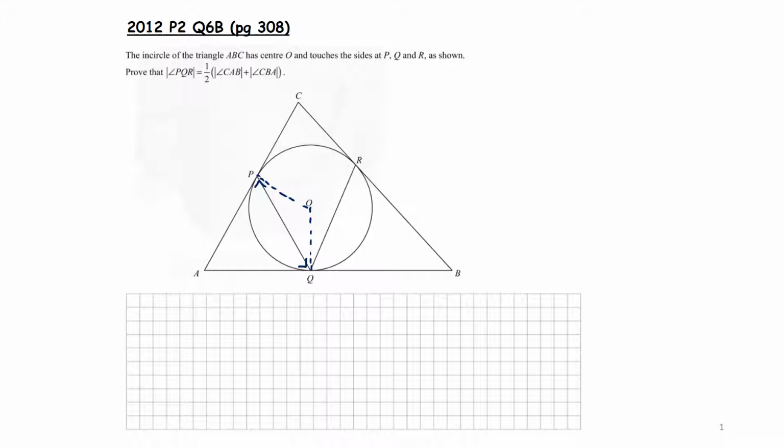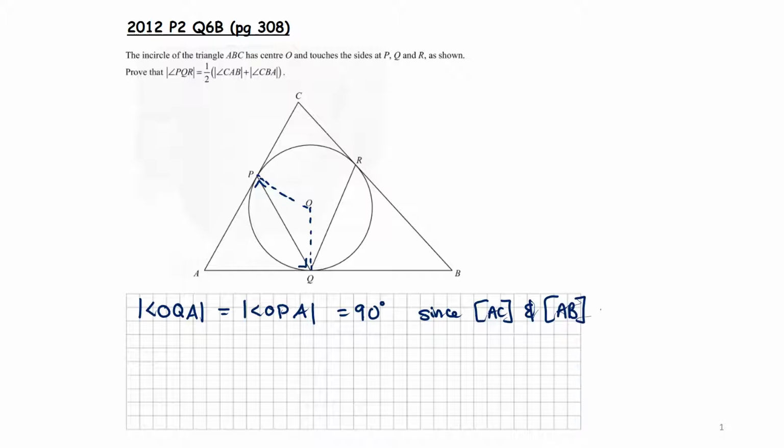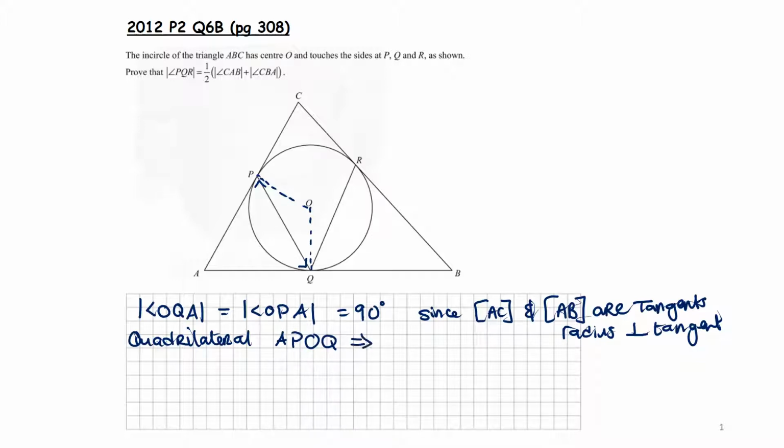So what I can say is, because angle OQA, I'm going to keep this written down as we go, is also equal to angle OPA, and that's equal to 90 degrees, since AC and AB are tangents, and the radius is perpendicular to the tangent. By that logic, we have the quadrilateral APOQ, and it's not just any type of quadrilateral, because the opposite angles add up to 180 degrees, it's a cyclic quadrilateral,